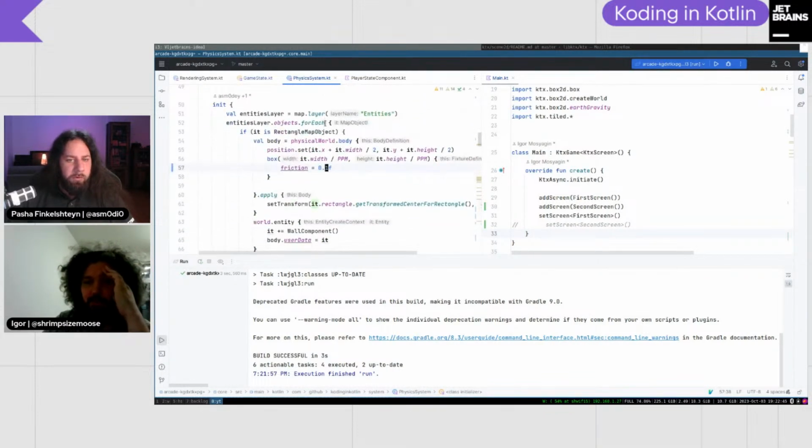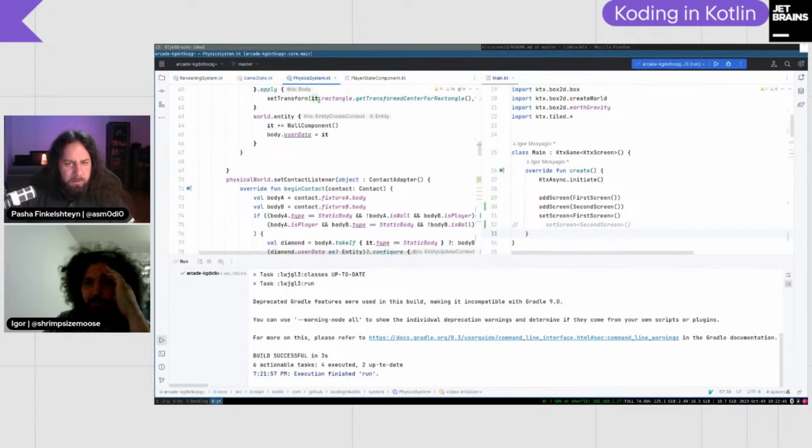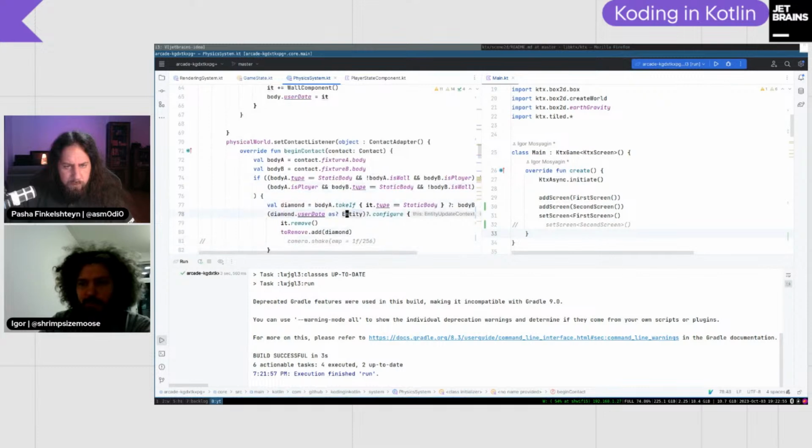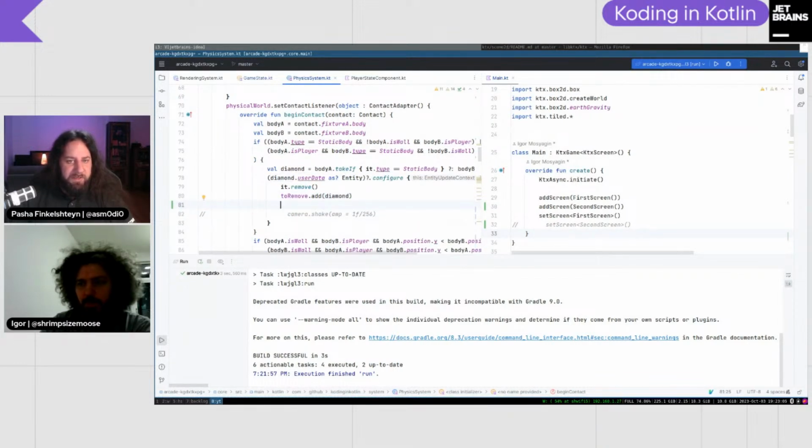Yes, true. Could you please search the code for diamond? We already have it. I already see it. It's line 77. Okay, yeah. Take if type static body. Oh yeah, actually after we remove the diamond, we can straight call set screen, second screen, and curly, like this. But we don't have create set screen here. Yeah. Okay. This is something we have to read about.